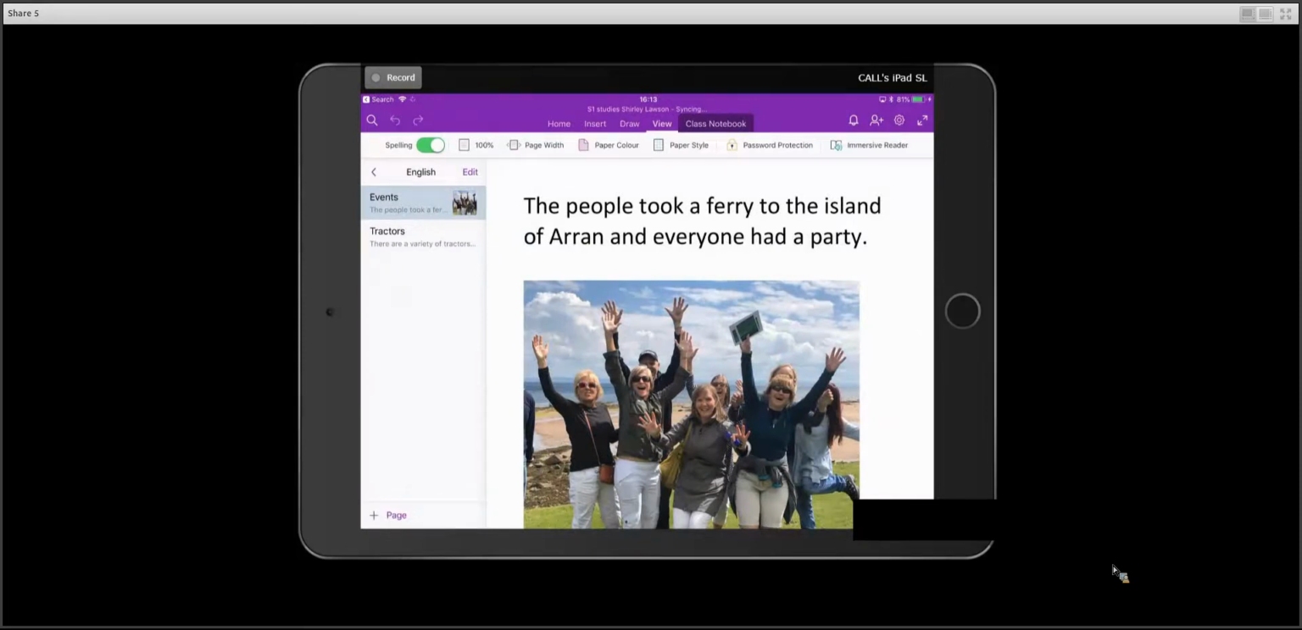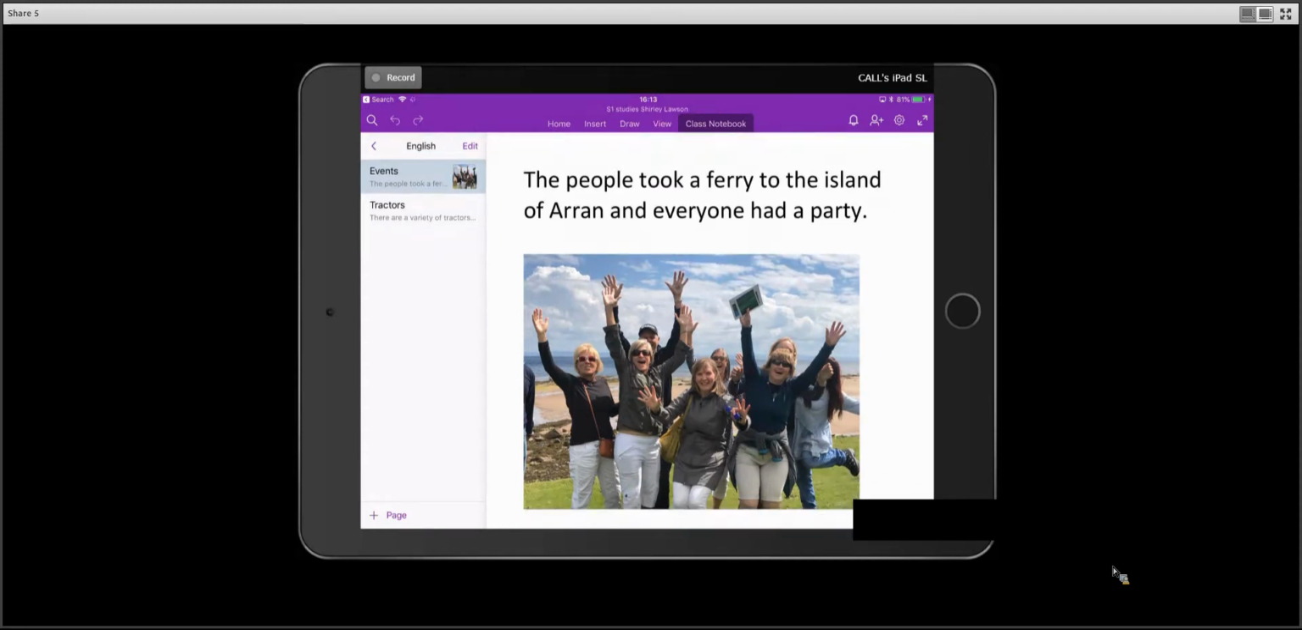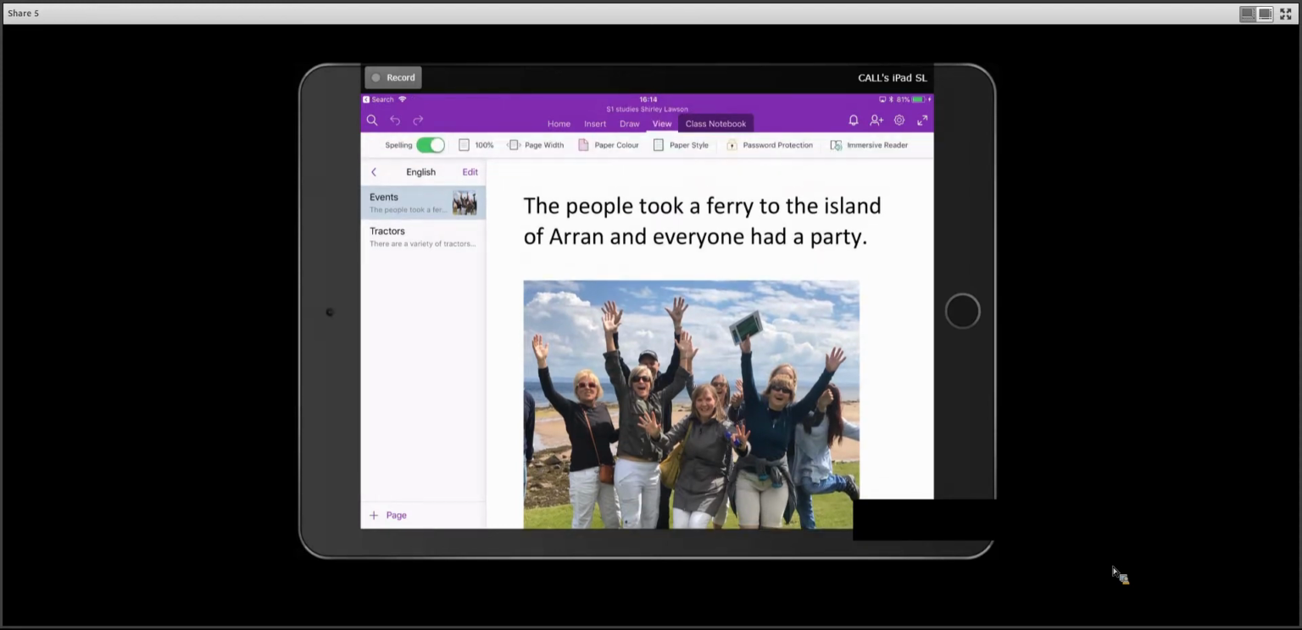Okay, so here I'm in OneNote. I'm in one of my notebooks here. I've got some text on the page and I've got a photo as well. But if I go up to the top there and click on View, you can see the tab that opens up there, and in the far right hand corner, I'm going to go to the one that says Immersive Reader. So clicking on that,